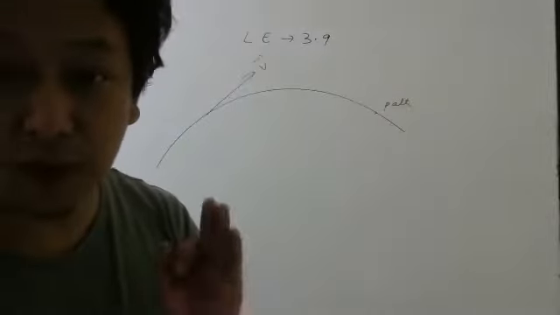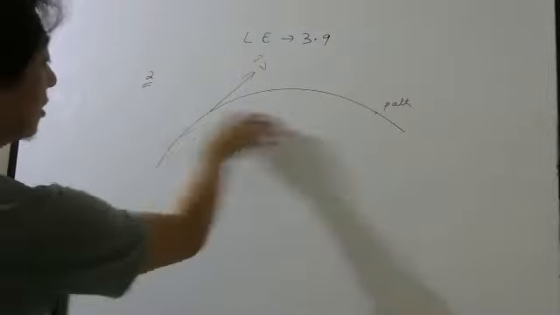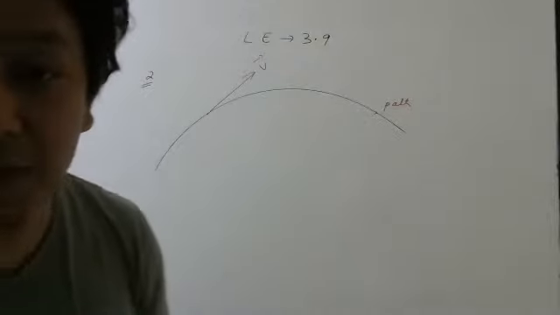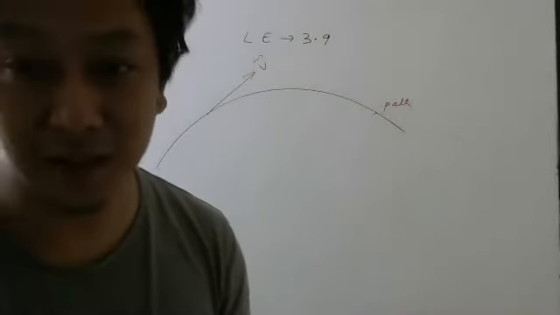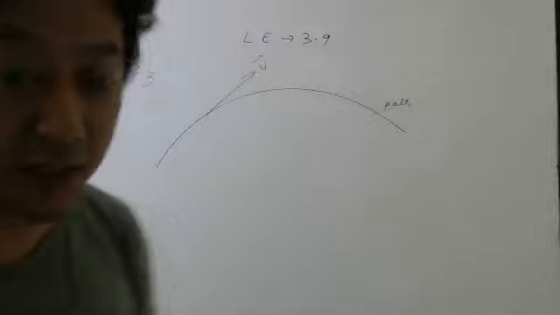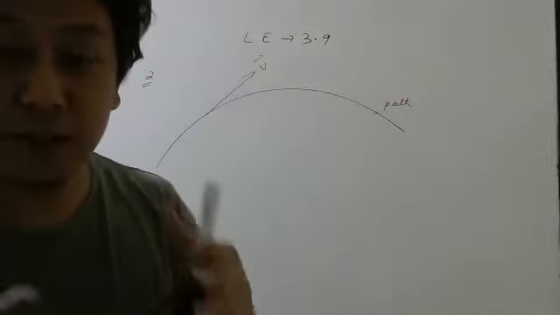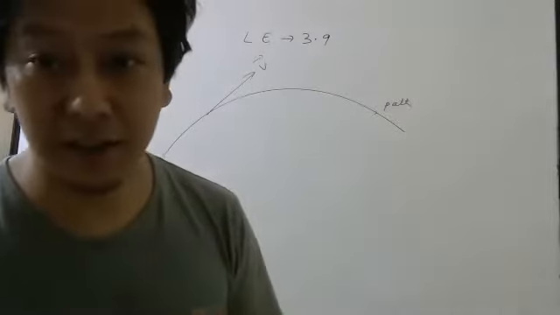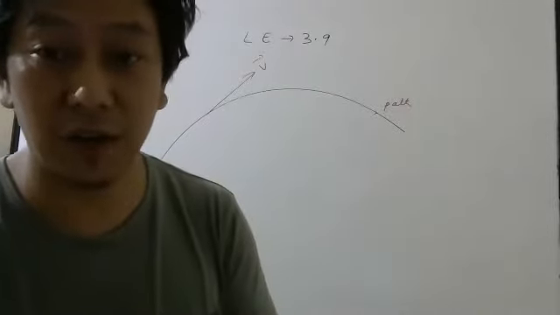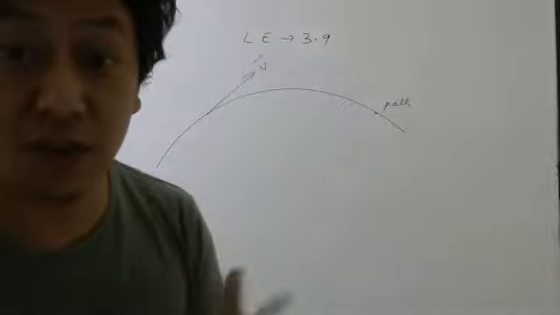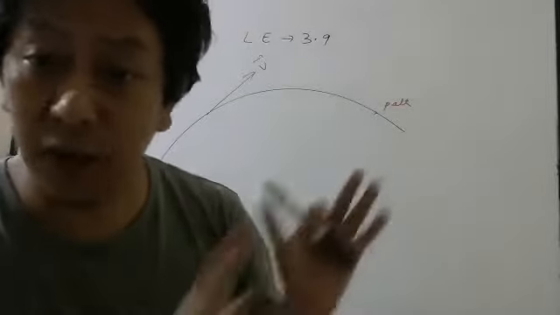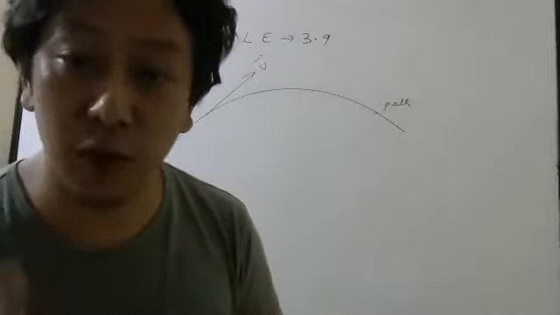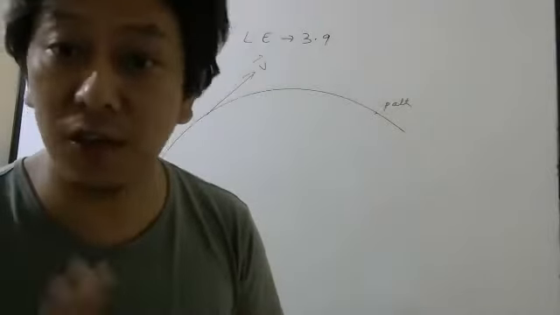Velocity has to be along the tangent. You cannot draw this way or that way. Now where will the acceleration be? That we cannot say. If it is gravity, it will be downwards. If it is due to some engine, some car creating the acceleration by rubbing the ground and all those things, which we will study in Newton's laws. So we cannot tell directly where the acceleration will be.